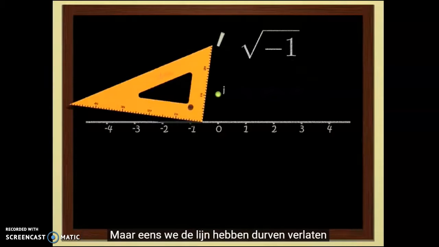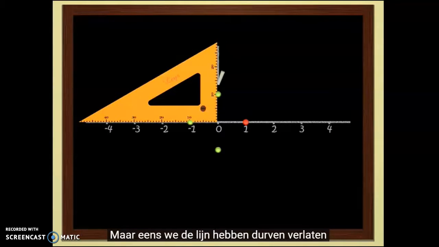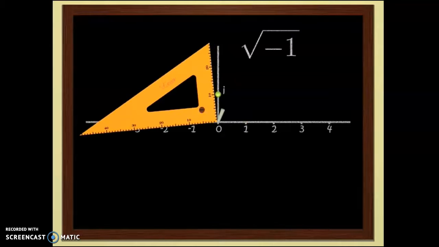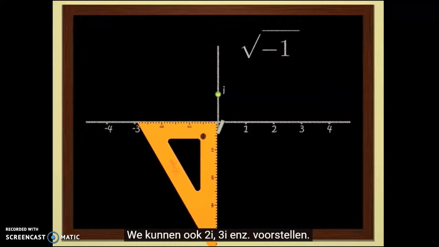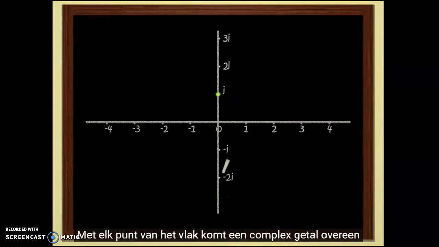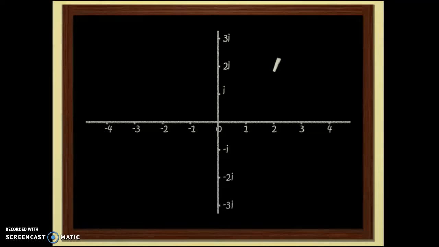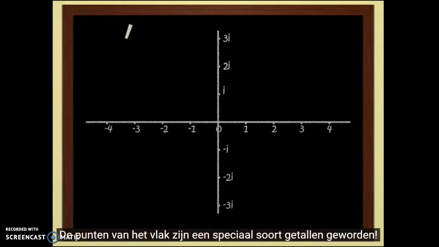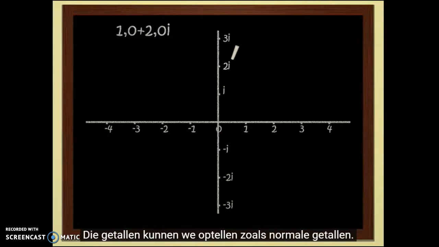But once we have the courage to leave the line, everything else is easy. We can represent 2i, 3i, and so on. Each point in the plane represents a complex number, and conversely, each complex number defines a point in the plane. Points in the plane become numbers in their own right. These numbers can be added, just like usual numbers,